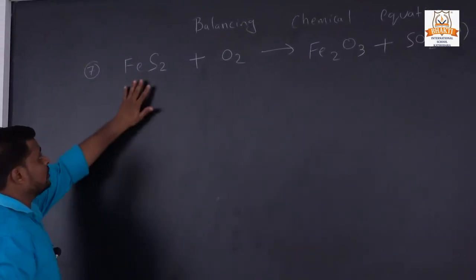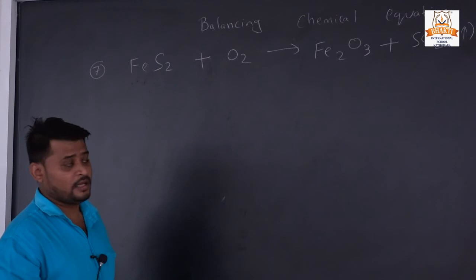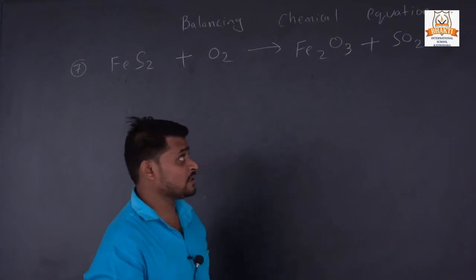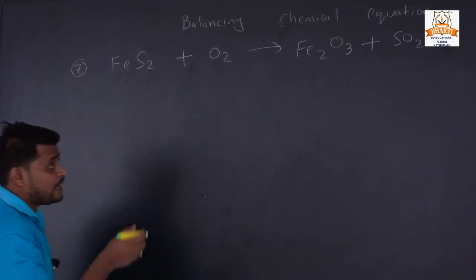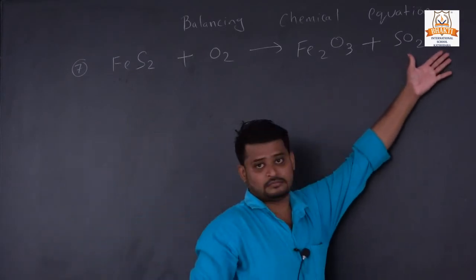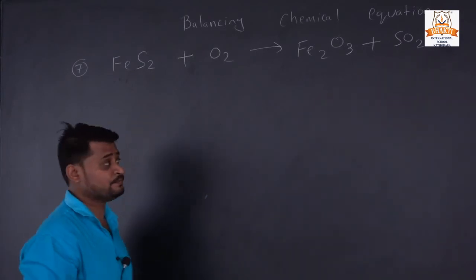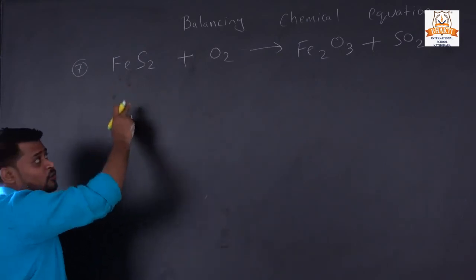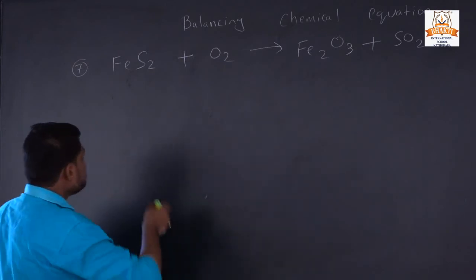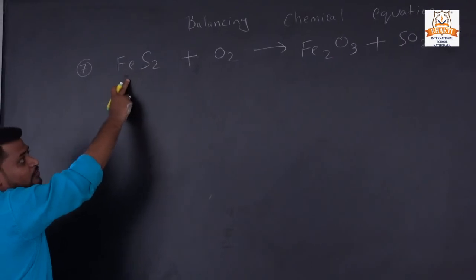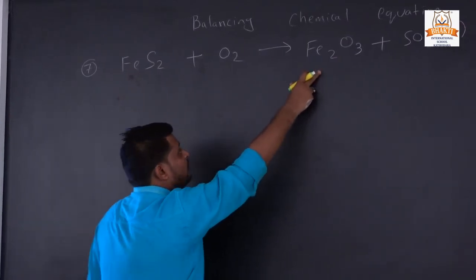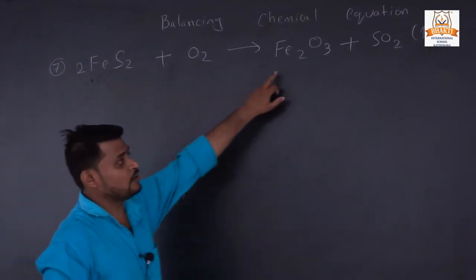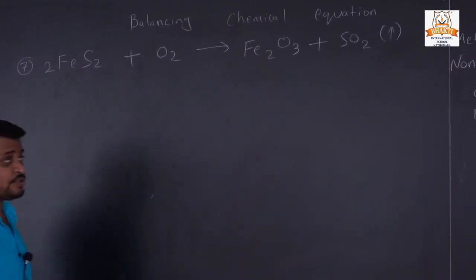Okay, now here iron sulfide reacts with oxygen, it gives us iron oxide plus sulfur dioxide. That is liberated; the arrow symbol means liberating, meaning gas is released. Now for iron sulfide, first we have to check whether the metal is balanced or not. Now iron: the iron here is 1 and in the product 2. So we have to multiply iron by 2. So iron 2 and here also 2, meaning iron is balanced.